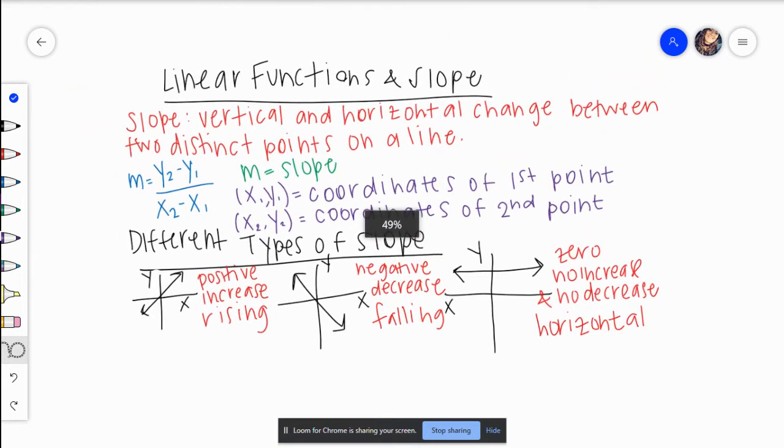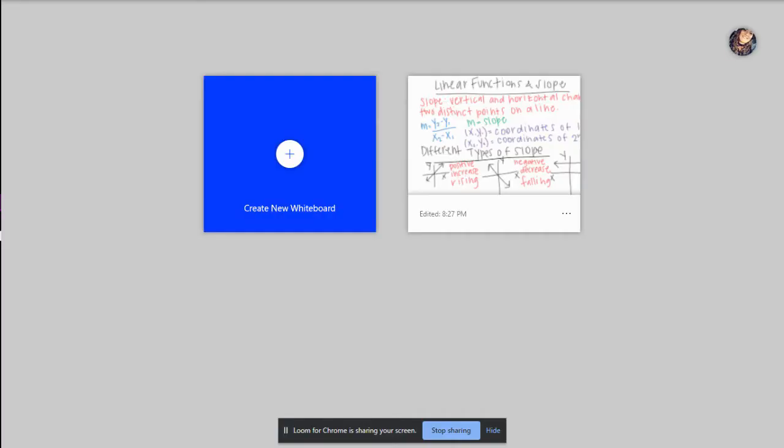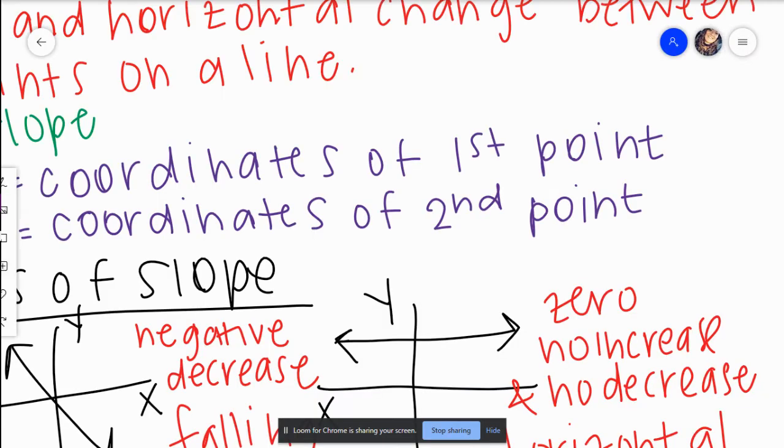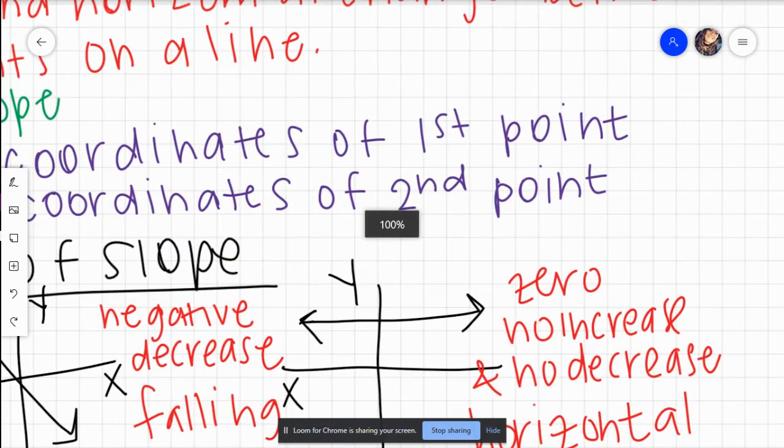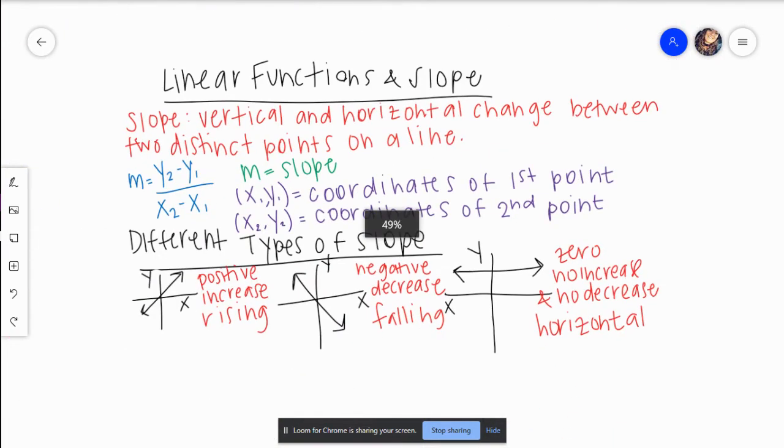Okay. Don't know how to move. Don't know what that is. Let's see. Okay, I have enough room to at least